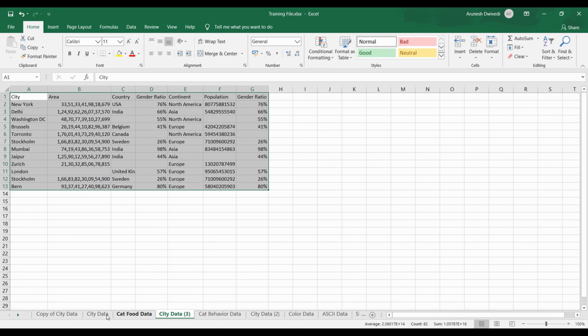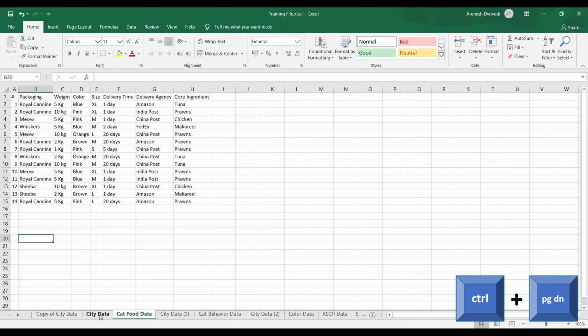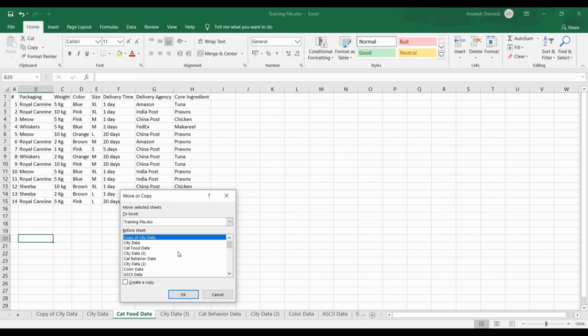The last way to create a copy of your Excel sheet is go to that sheet. Let's say I want to create a copy of cat food data. So I'll press Ctrl Page Down to navigate to the next sheet. On the sheet tab, I will right click and I can select move or copy. So let's see the first thing, that I just want to create a copy of this data.